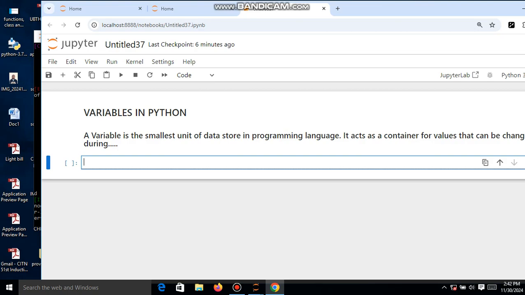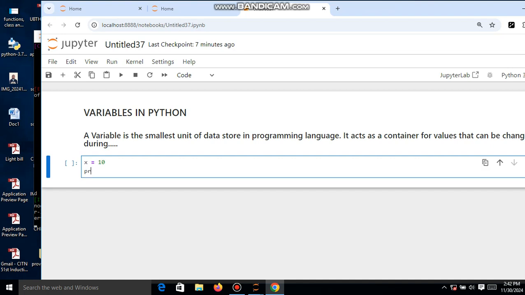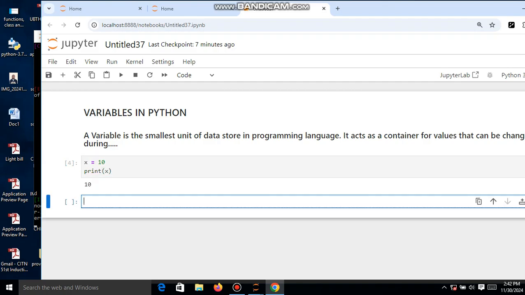Python variables do not require explicit declaration of type. The type is inferred based on the value assigned. So what are the characteristics of variables in Python? They are dynamic. That is, the value of the variable is not fixed. That's why we say they are dynamic. For example, I can say x equals 10, and later print x. When you run it, it gives you the answer. The answer is 10. But I can equally say